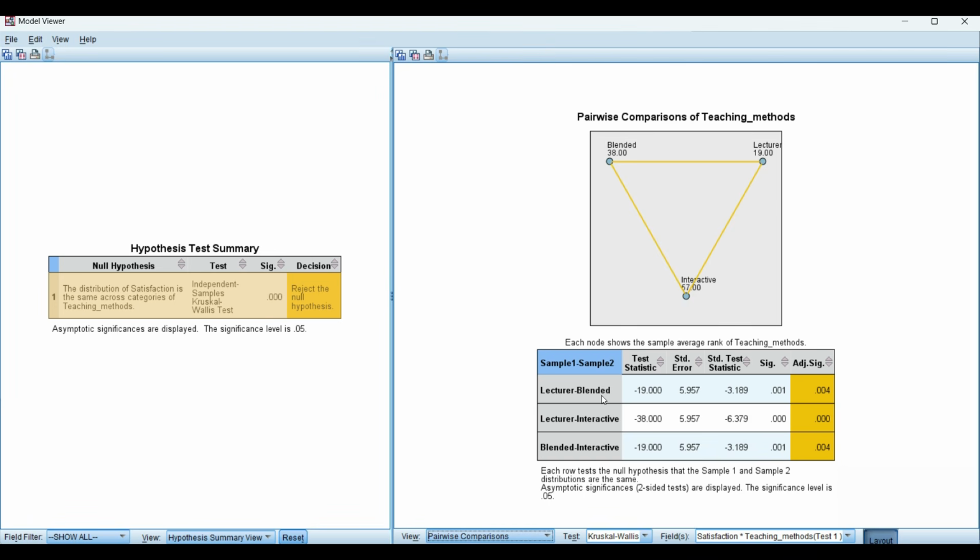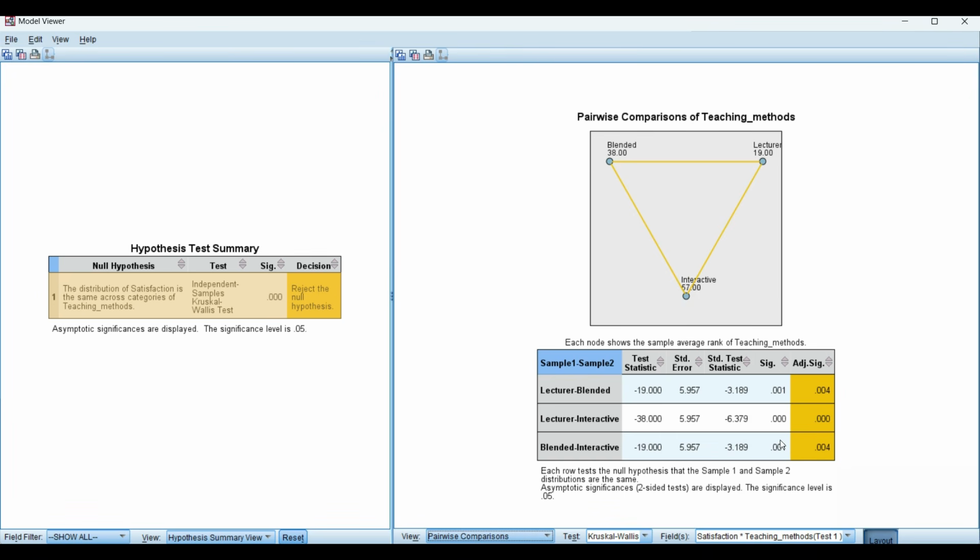Lecture versus blended, the test statistic is minus 19, which is also significant. Between lectures and interactive learning, the test statistic is minus 38, which is also significant. And between blended and interactive learning, the test statistic is minus 19, which is also significant because all the p-values are